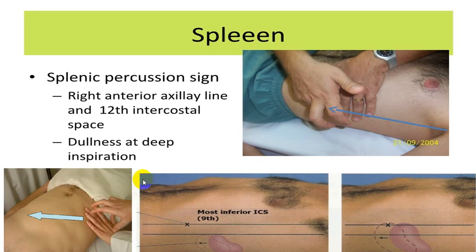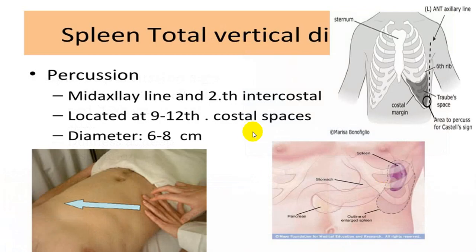Whenever you want to percuss, you percuss from the right iliac fossa and go towards the left hypochondrium, and percuss in the mid axillary line in the lowermost part of the thoracic area, that is the left hypochondrium. That is where you will be able to find the spleen dullness. It is a little difficult, but you will be able to find it. This is the Traube space, and a little lateral to the Traube space you will identify the spleen dullness. If the spleen is enlarged, it is very easy to identify the dullness.